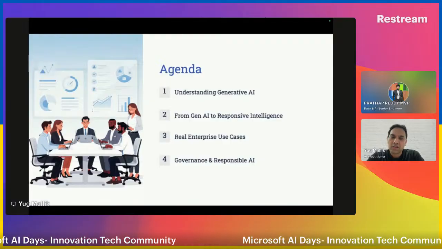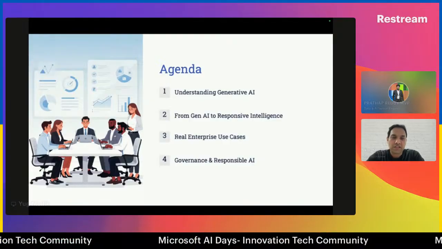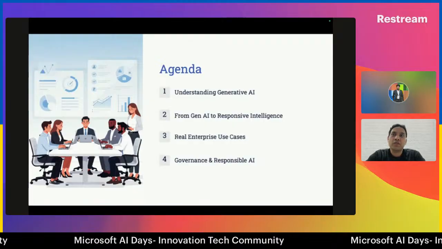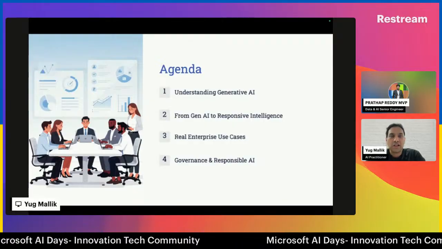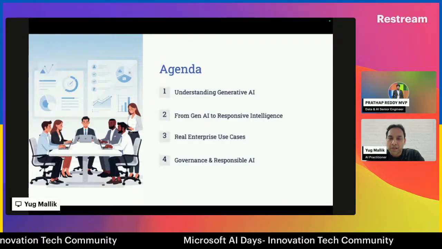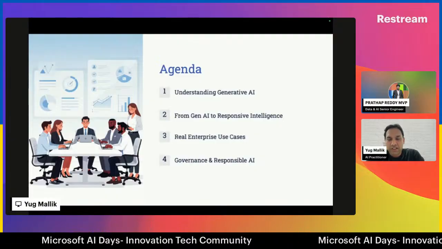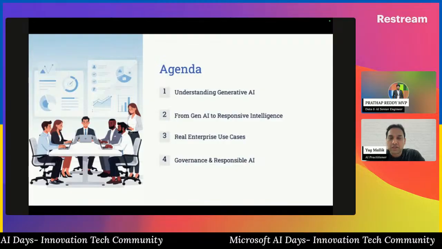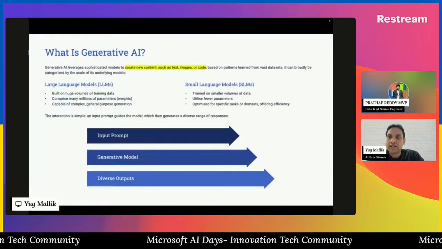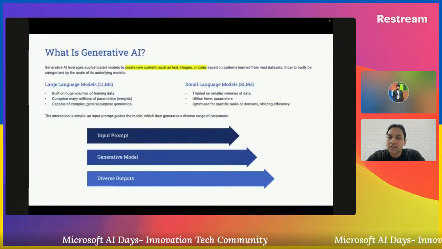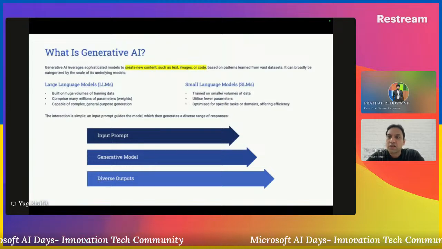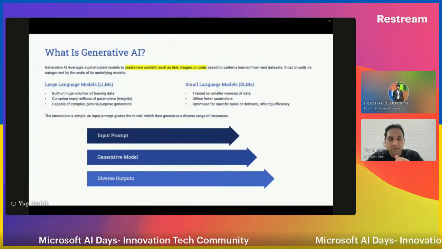Then we'll talk about the very important topic of governance and responsible use of AI, which we can bring to the table while implementing any AI component or application on premises. So with that, let's touch base on what generative AI is.